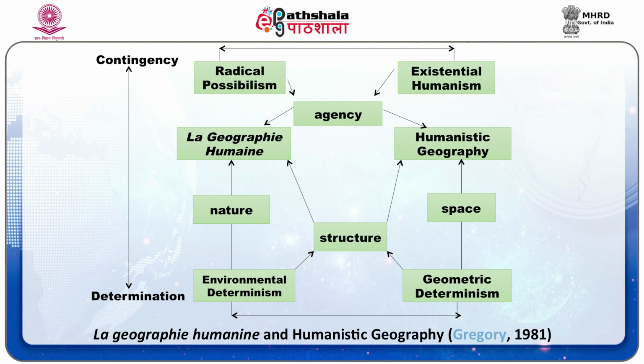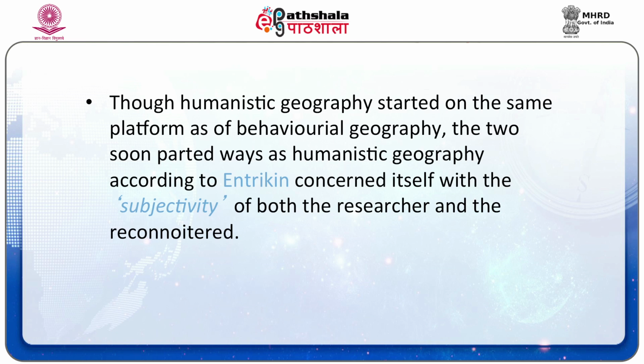Humanistic geography also contained elements of neo-Kantianism and pragmatism in it, owing to its allegiance to human consciousness and experience, which were reflected in human actions and which in turn were directed towards alleviating human problems. Though humanistic geography started on the same platform as behavioral geography, the two soon parted ways, as humanistic geography,